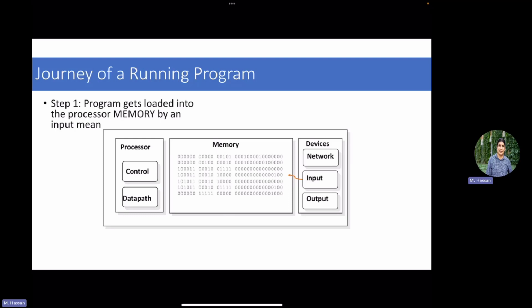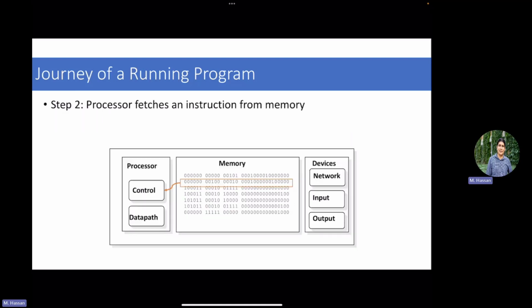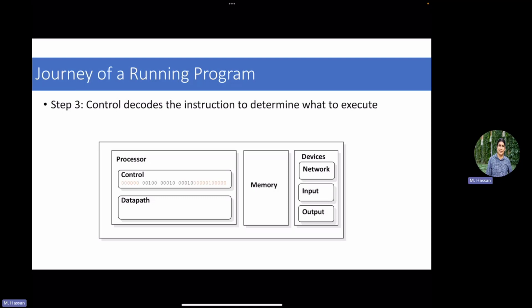Once the program resides in the memory, the processor itself, which is on my right hand side here, reads the instructions from the memory one by one through the control. So for example, you are executing this instruction for now, which is our add instruction. Then you bring it from the memory, so you fetch it, what we call a fetch stage, as we'll see later on. And once you fetch it from the memory, you decode it